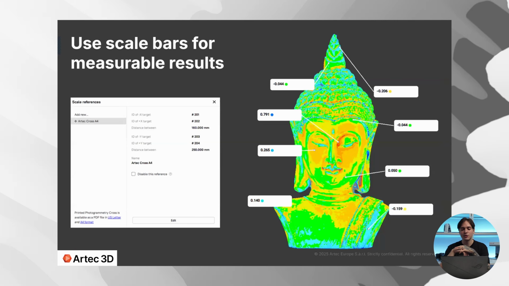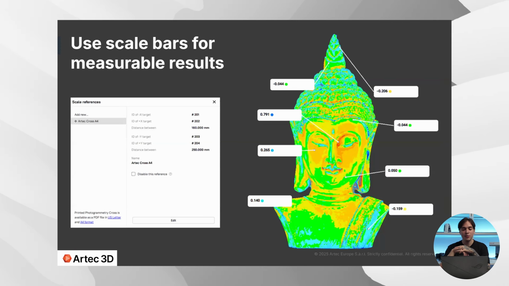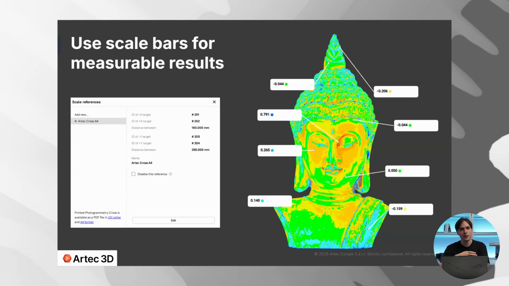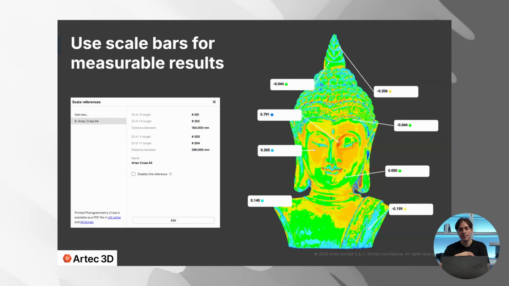So on the second image, you could see those labels. They have those values of the deviation of the points in different areas of the mesh. Those values are in millimeters. So here, as you see on the image, the largest deviation that we have is around 0.8 millimeters from the reference model. So the point is that you can get a pretty accurate result with photogrammetry if you follow the